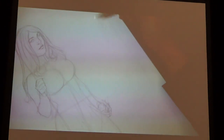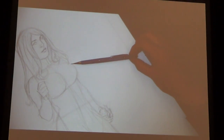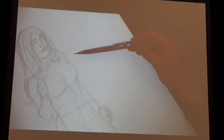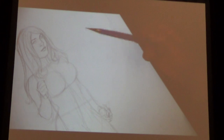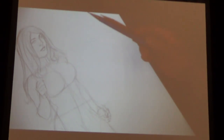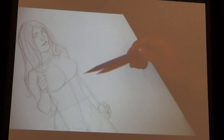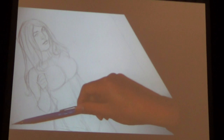Frank, do you normally use regular lead or do you do blue lead pencils? What are your favorite pencils to sketch with? I just use a Pentel mechanical pencil with .7 millimeter lead. I used to just use regular number 2 yellow pencils, but I just got tired of sharpening them, so I switched to mechanical pencil, and I've been using this pretty much most of my